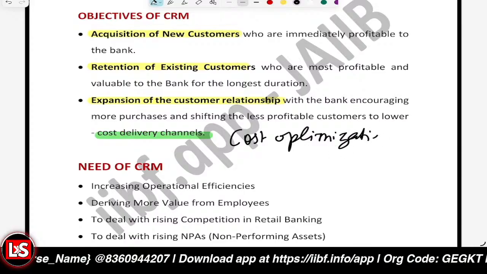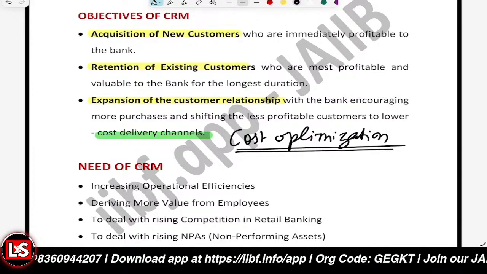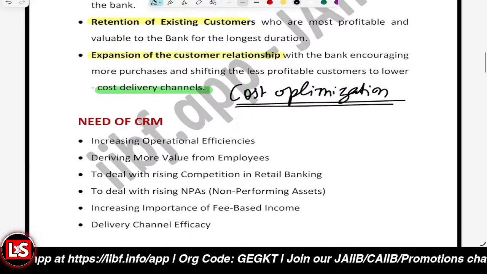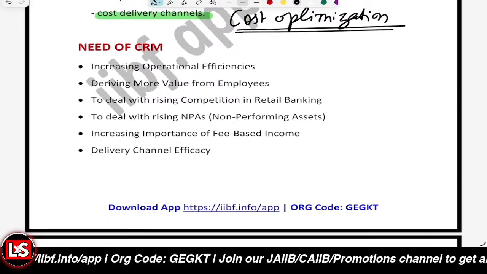Using this particular part, we can do the cost optimization. We can look at those particular channels which are more profitable to us, right? And what is the need of CRM in bank? First of all, CRM